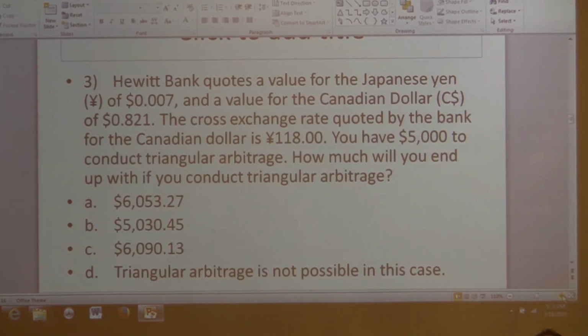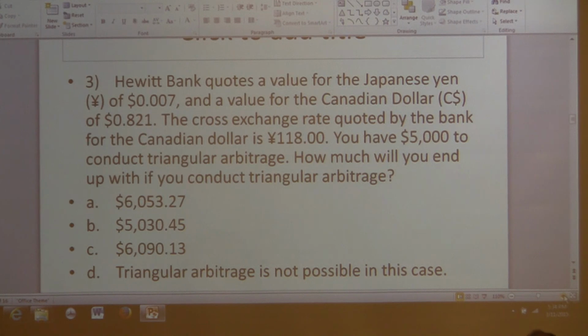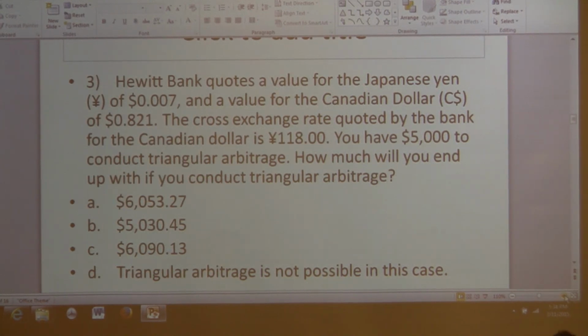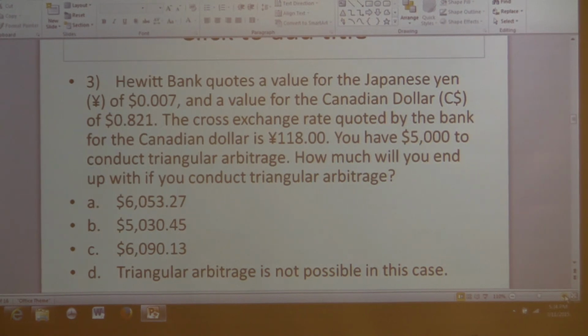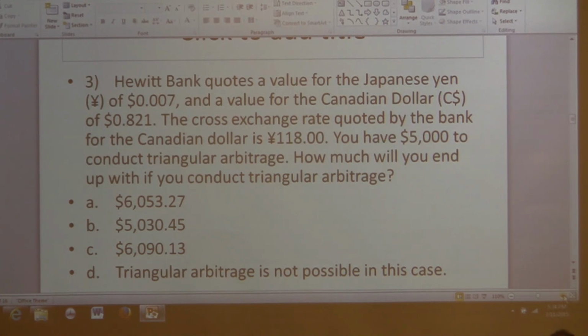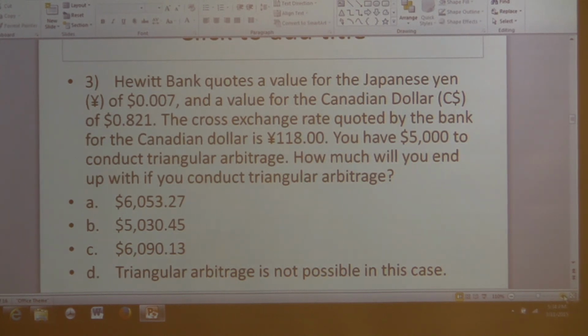But we also said that whenever the forward contracts are undervalued, you might still be able to make money, so that could be somebody in the foreign country. And the third example, at least to me, seems the most difficult, that was the triangular arbitrage. And in the case of the triangular arbitrage, what we said was between two currencies, the exchange rate using the US dollar. And in that case, we typically start with the US dollar, buy the currency that is overvalued, and then you want to sell the